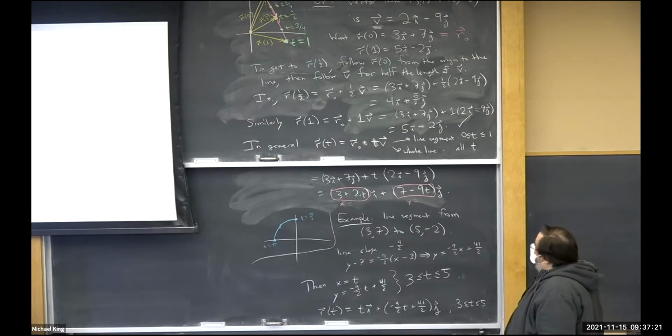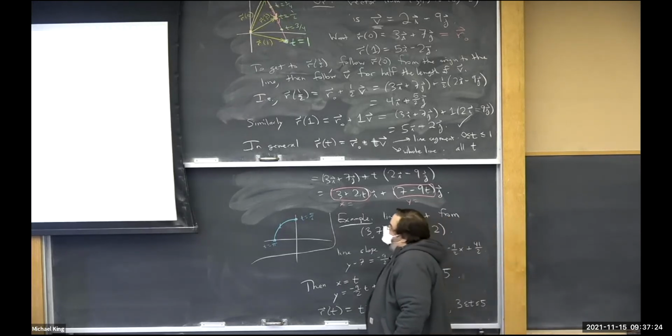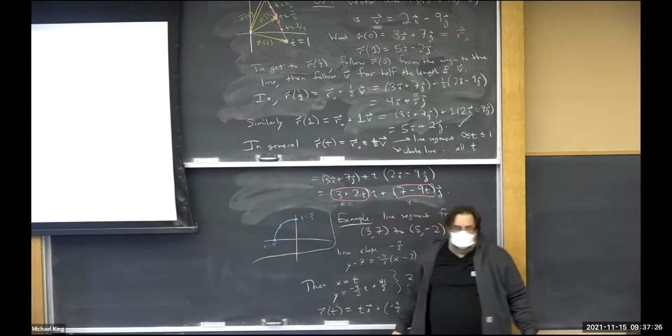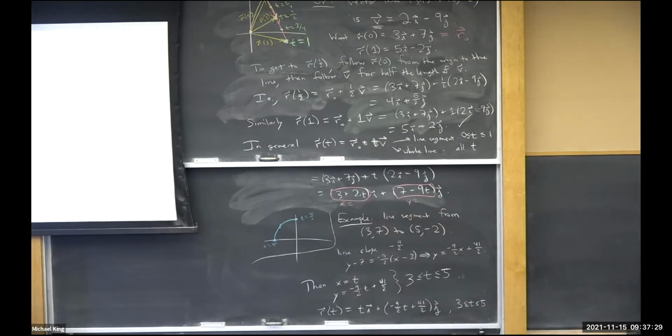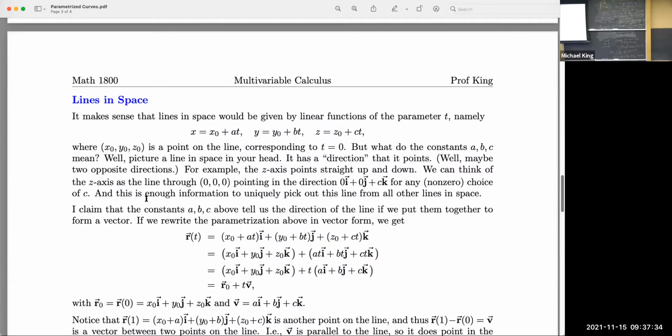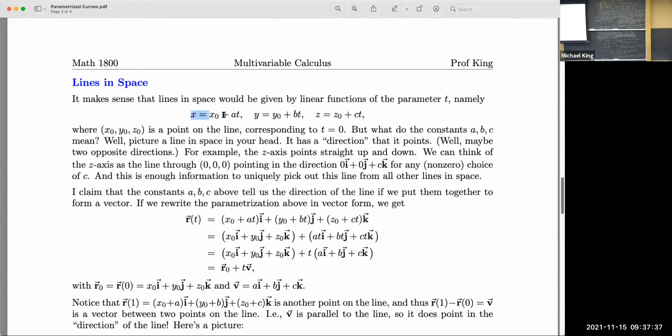Linear functions of t. So you can imagine that in space, the same thing would happen, right? In fact, maybe I won't even bother too much, let me just share screen again and talk this through. Yeah, so you can imagine in space, a similar thing would happen where you would have x, y, and z as just linear functions of the parameter t. And now kind of going backwards, we started with a line, a direction of a line, a point on a line, and got these equations. Going backwards, if you start with equations like that, like at the top of the page here, and you actually try to interpret what they mean,